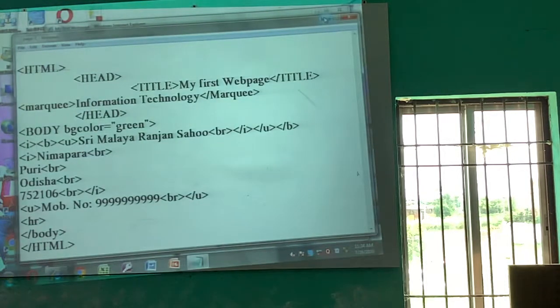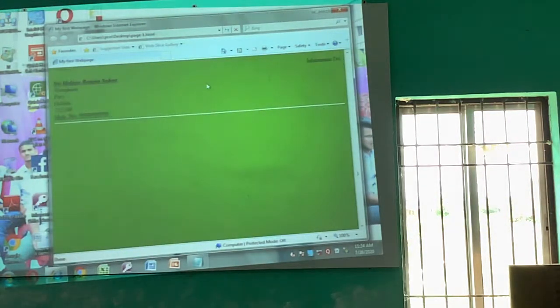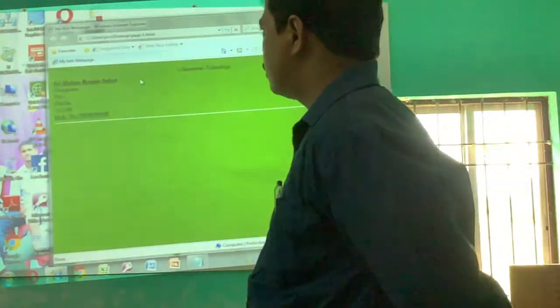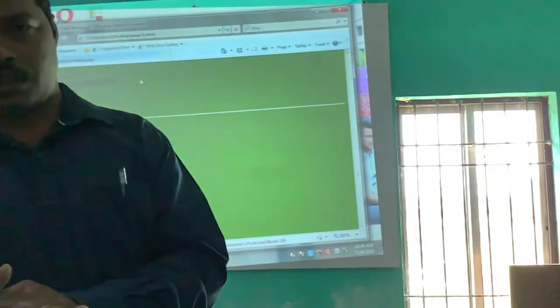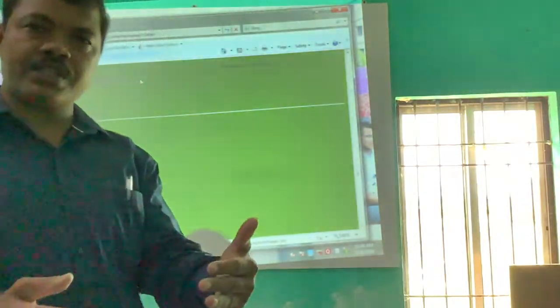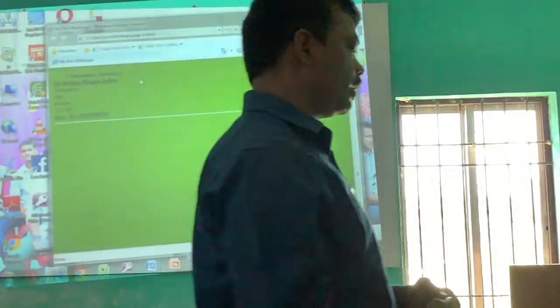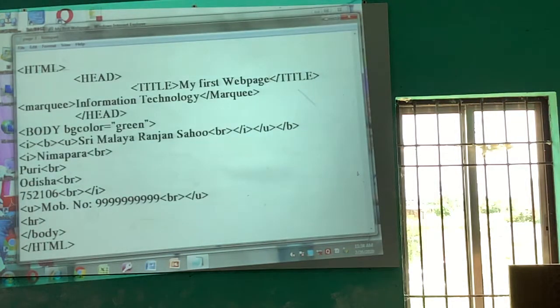See the output? Okay, so the effect is the same, but don't try to write like this. Always try to close from the innermost tag to the outermost tag. Okay, so it will be a better practice, although the effects are the same.